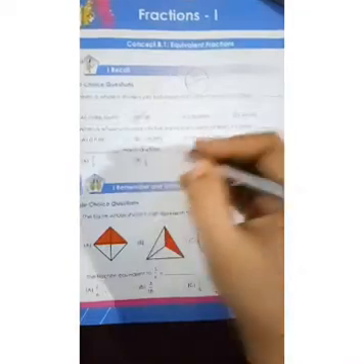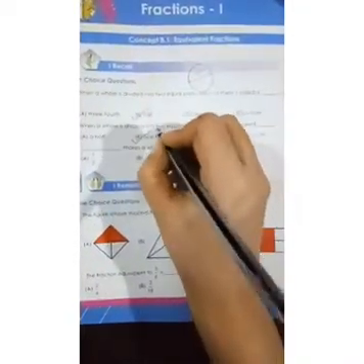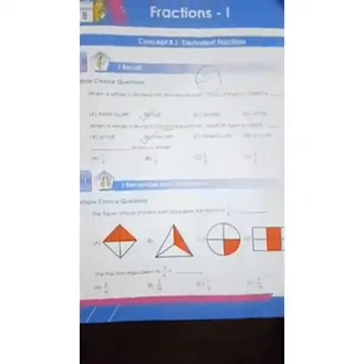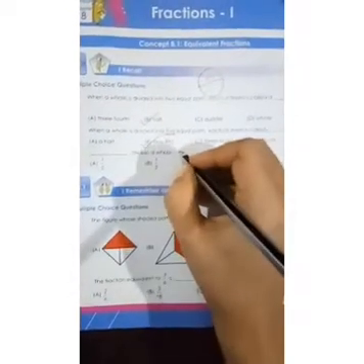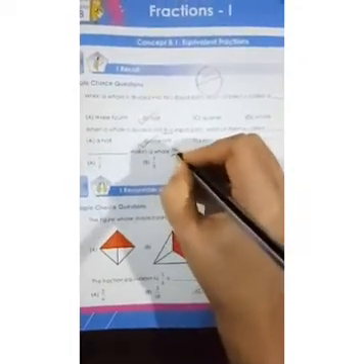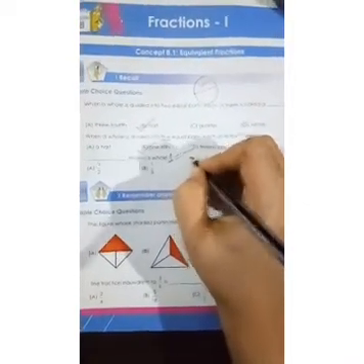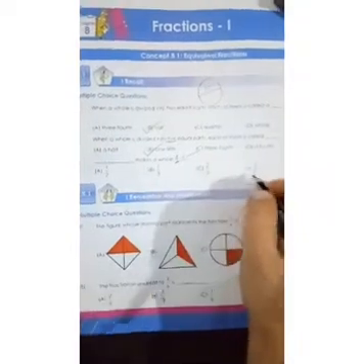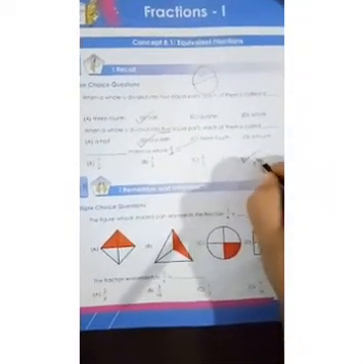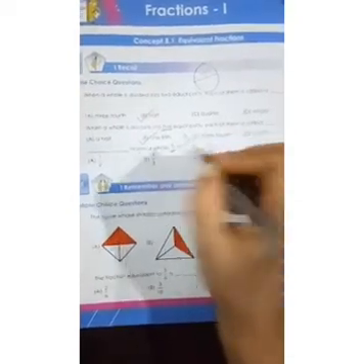When a whole is divided into 5 equal parts, each of them is called 1/5. Why? Because it is divided into 5 equal parts. Dash makes a whole. Now we know for any figure 1 is represented as the whole, the complete figure. Now to express it as a fraction, the numerator and the denominator should be the same. Out of the 4 options given here, we can see only option D, 3 by 3, has the same value and represents the whole.